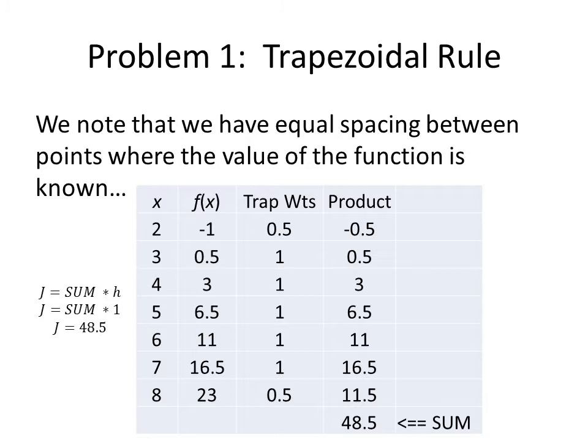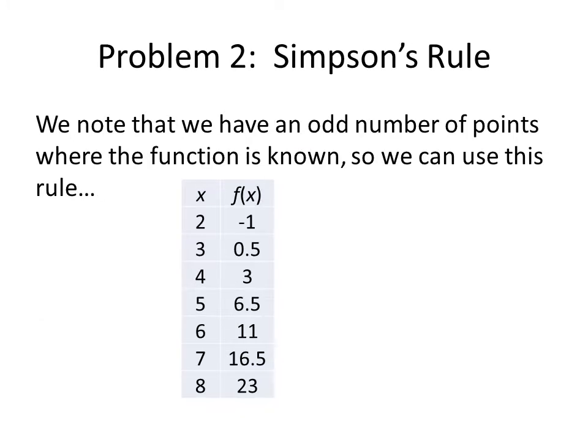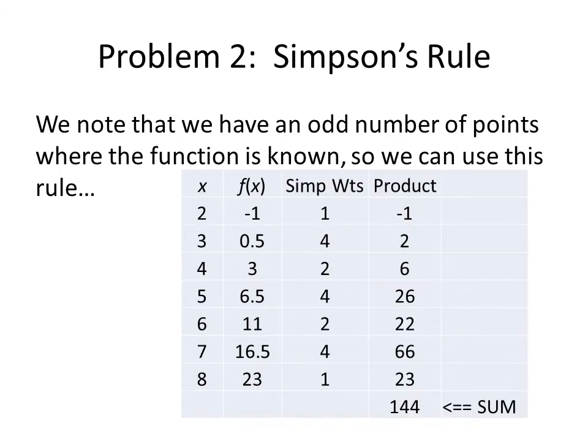Now the significantly more accurate Simpson's rule, when applied to this same data set, should give us a better answer. And so we now apply it using the Simpson's weights, which are 1, 4, 2, 4, 2, 4, 1. And remember, we have to have an odd number of points. So if you look, when you count from x equals 2 to x equals 8, 7 data points, we can